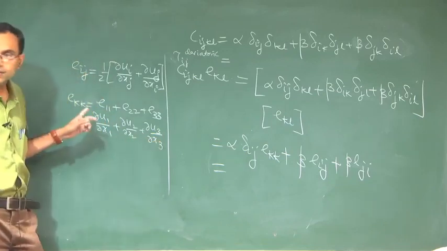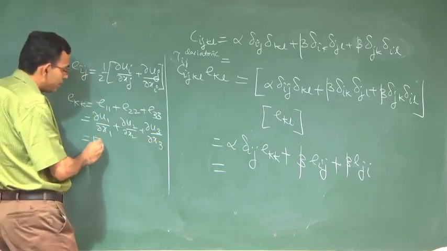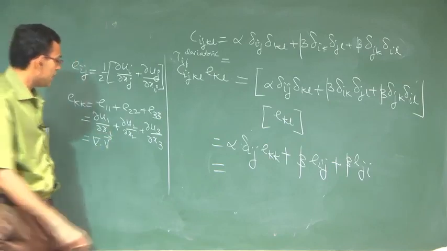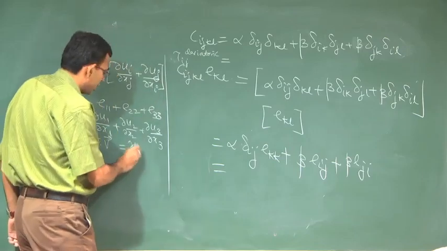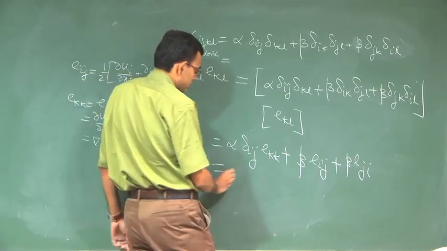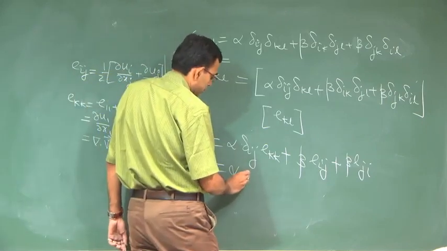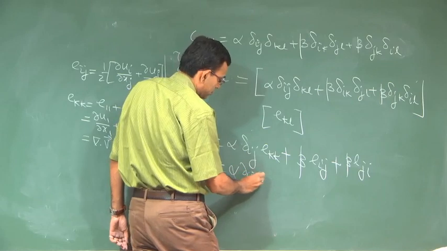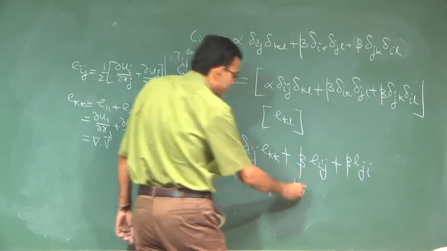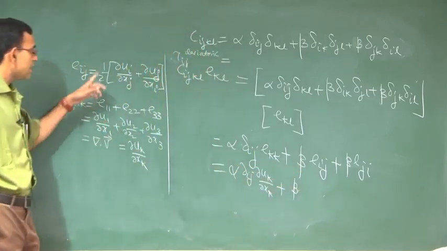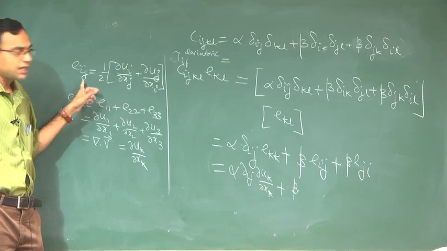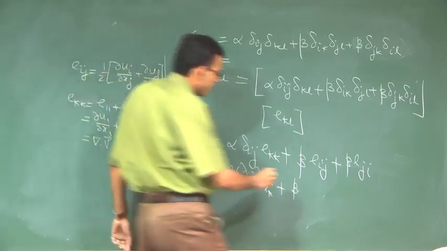Can you recognize what this is? This is the rate of volumetric strain, the divergence of the velocity vector. So, in short you can write del uk del xk. Plus beta. Eij is this one and Eji is the same thing. So, Eij plus Eji is simply this